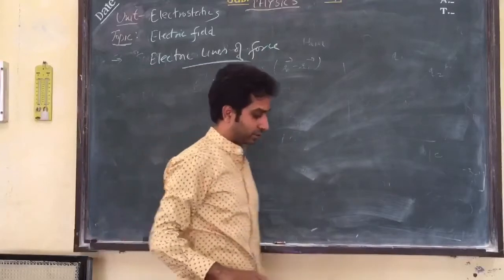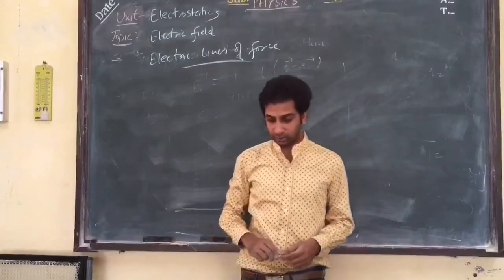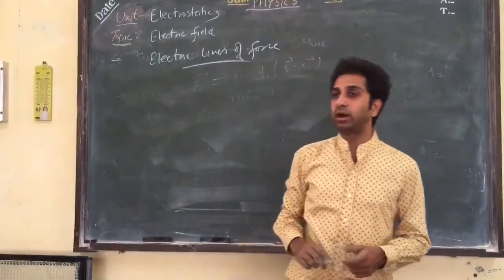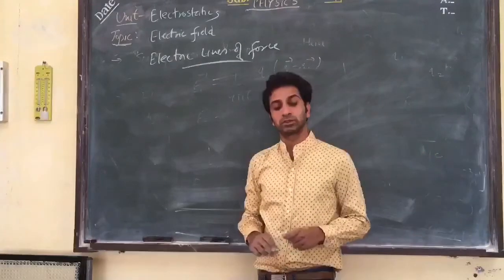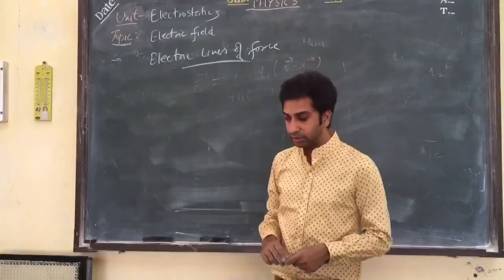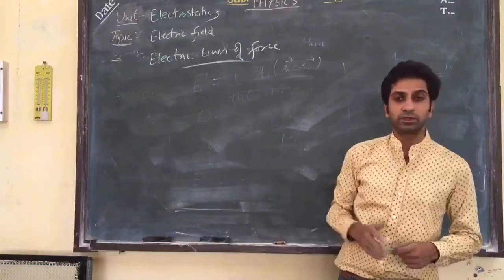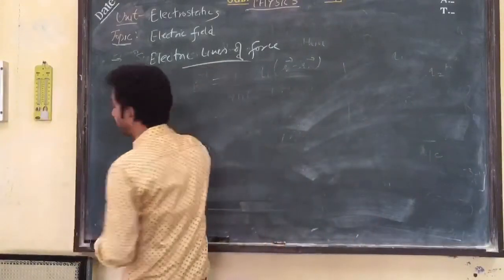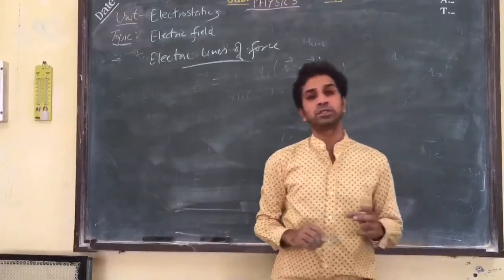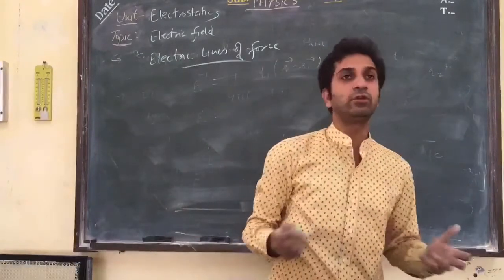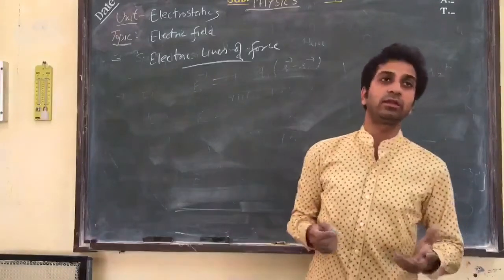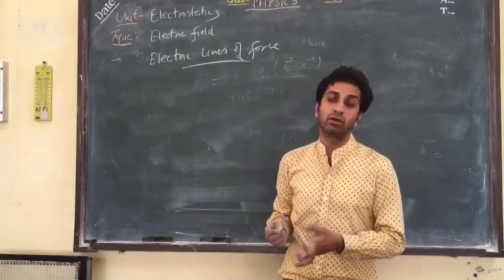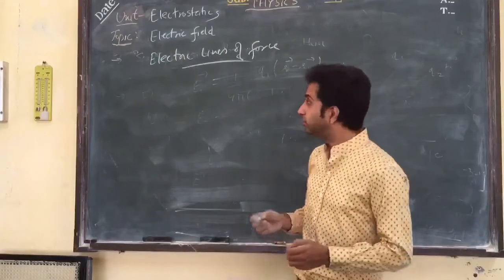Electric lines of force. Now, we are already saying that electric field is a vector quantity. So we had just framed the idea to represent the electric field concept. Electric lines of force is a concept which represents the direction of the electric field, right? It is defined as the path along which a unit positive charge would move if it is free to do so. So we are just defining the path of the unit positive charge. If we allow it to move freely, then along what path it will proceed, that is defined as electric line